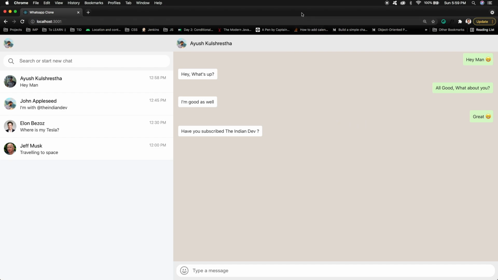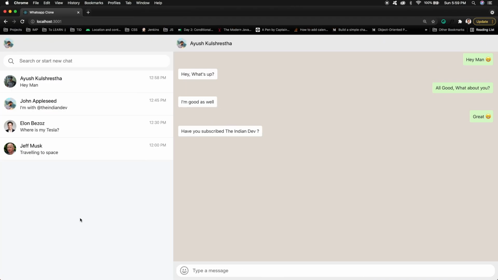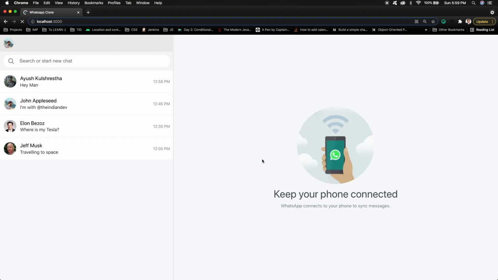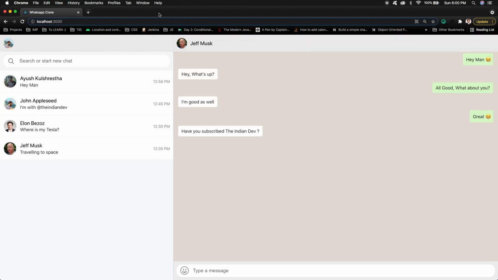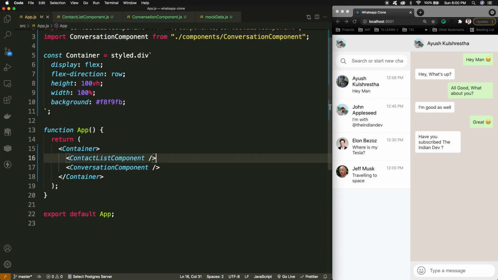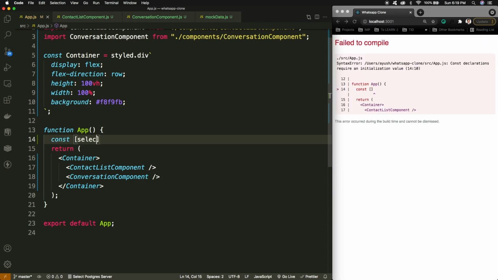list as well. Now if I can simply work with the placeholder stuff, so that at the initial part we are having this placeholder. Yes, and then we will be selecting these things like this. So for that, what we need to do is I can like minimize this. For that selection, I can simply go to app.js file, and inside the app.js file I can define the state. So now for having the placeholder kind of stuff, what I can do is I can initiate a state maybe selected chat.